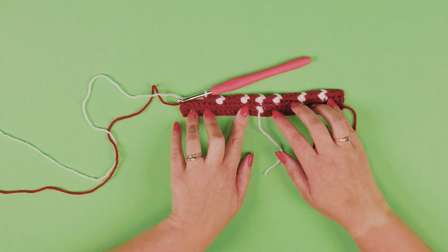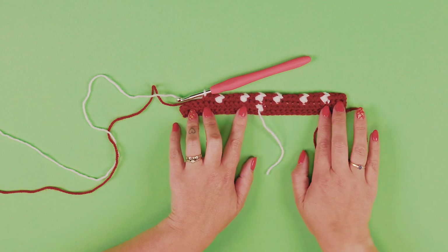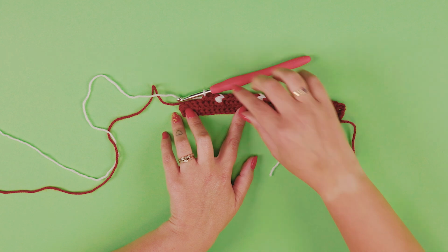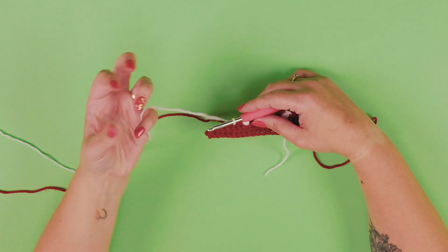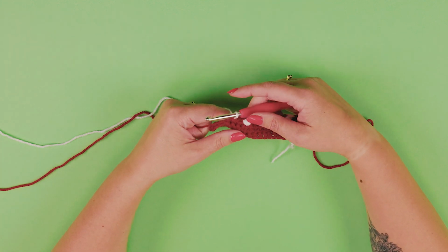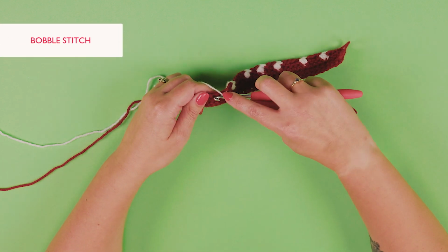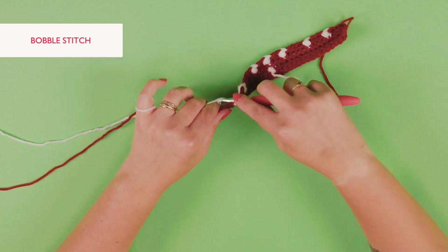So here we are, we're going to just do the 7th bobble. That's what it'll look like. This is the wrong side of your work. When we're finished, I'll show you what it looks like at the start. So I've changed my colour. I'm going to carry my scarlet. Just going to do bobble,